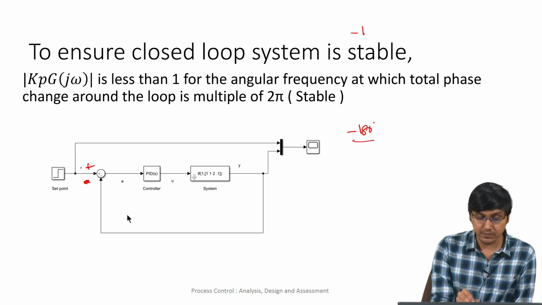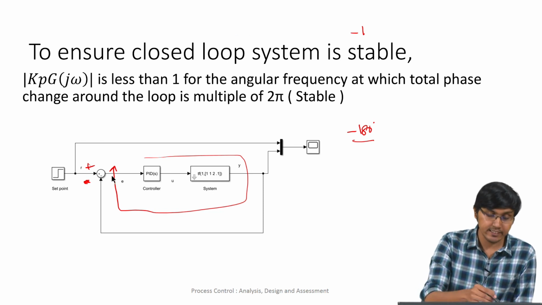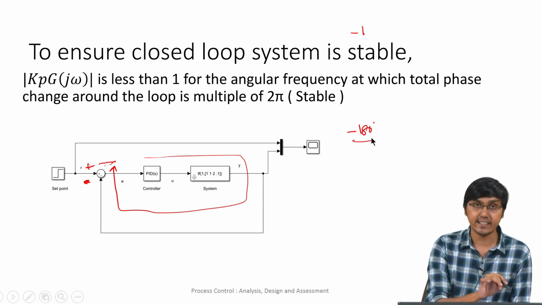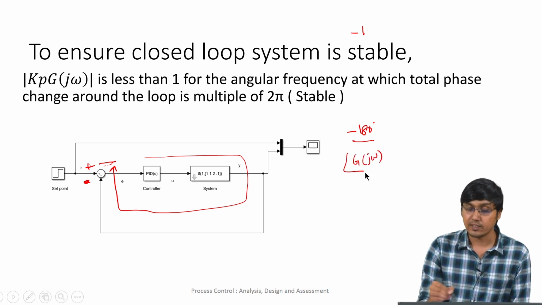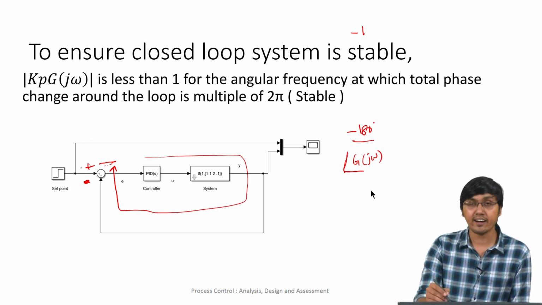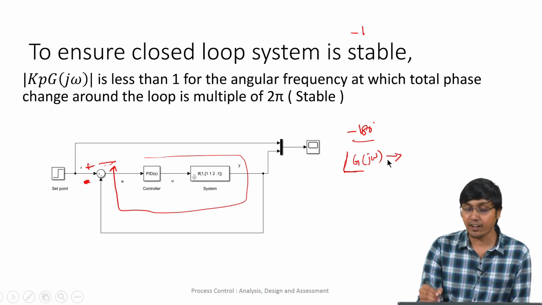So for a wave that comes out through the loop and crosses this, if there is a wave here and it is coming through the loop and coming to the same point again, one thing is minus 180 degrees is already there due to this minus sign, and then there is also a phase lag that is contributed by this system. The phase lag is nothing but the angle contributed by the complex number G of j omega. So for some particular frequency, if this angle of G of j omega is going to be minus 180